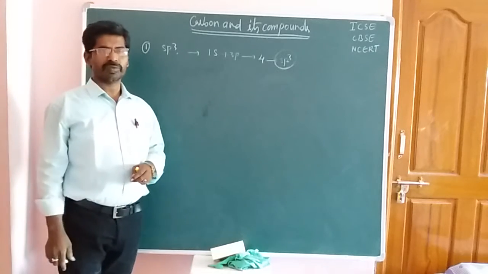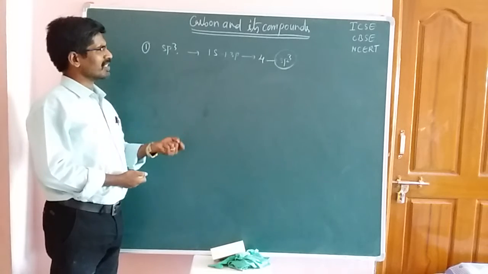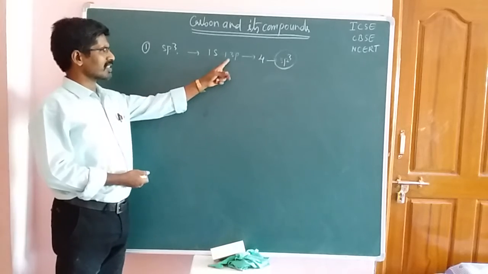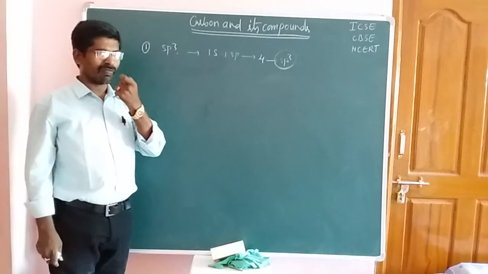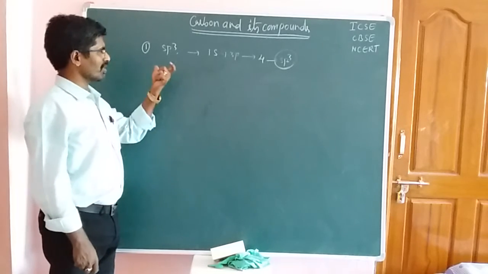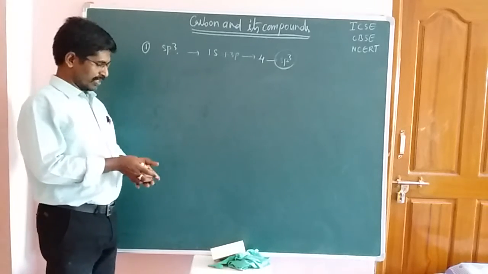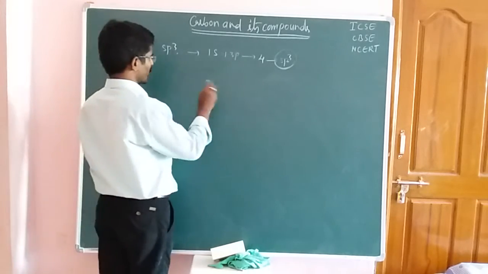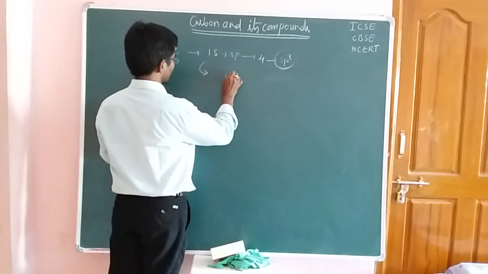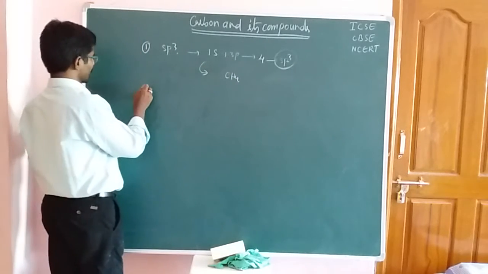Okay students, the four sp3 hybridized orbitals are formed by the combination of one s orbital and three p orbitals. That means one s orbital and three p orbitals are involved in that overlapping and intermixing, and it produces sp3 hybridization. We will explain more with one example, the CH4 molecule, friends. But today in our topic, I will discuss the next one.